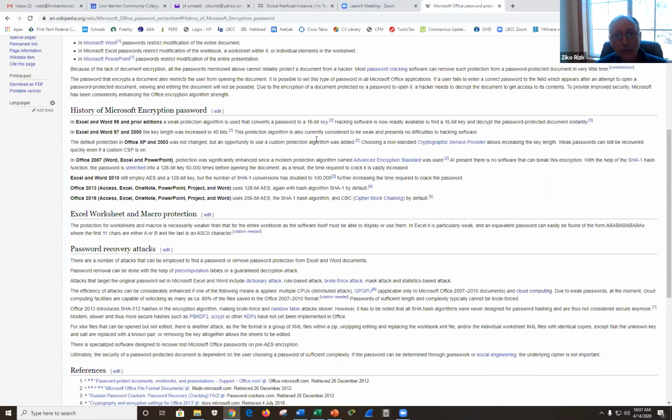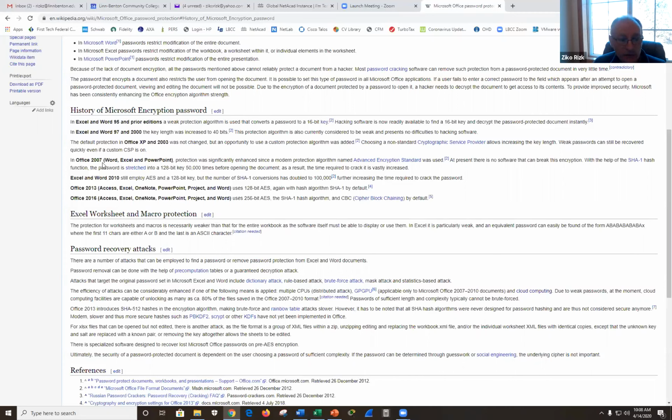No matter what password you're using, the key is just way too short. And that's just 65,000 tries. And that doesn't take a computer, even a low-end computer, very long to do. And then if we were to go to 97, then they made the key 40 bits, 2 to the power 40. It's a lot more than 65,000, but still, this is a very short key.